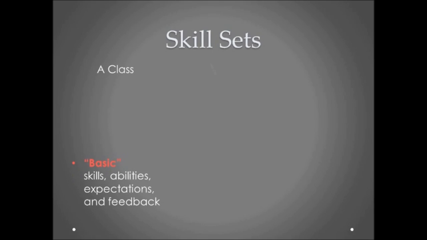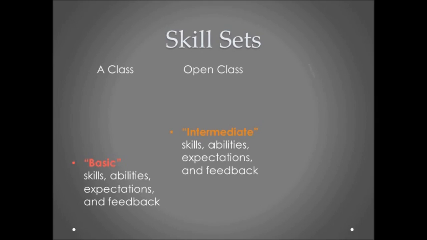One of the first questions a lot of people have when they learn about the tiered evaluation system is, where do I fit? Which class should I be competing in? And the answer to that question is always based on the skill sets that are present in your show and the skills possessed by the performers of your ensemble. In the A class, what we're looking for is the word basic. In open class, what we're looking for is the word intermediate. And in world class, what we're looking for is the word advanced.